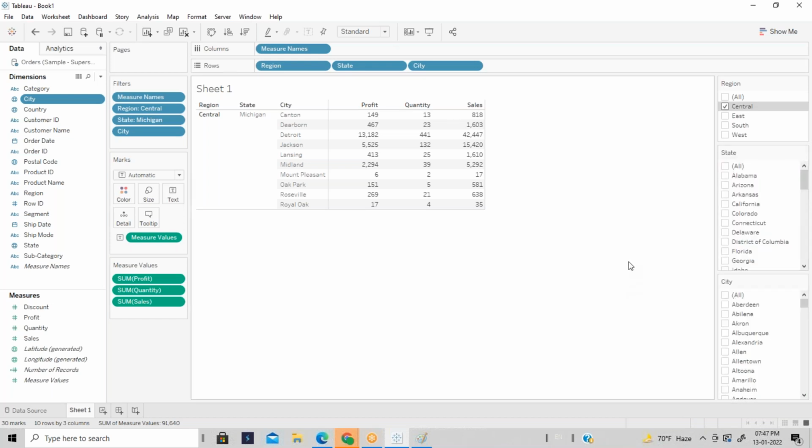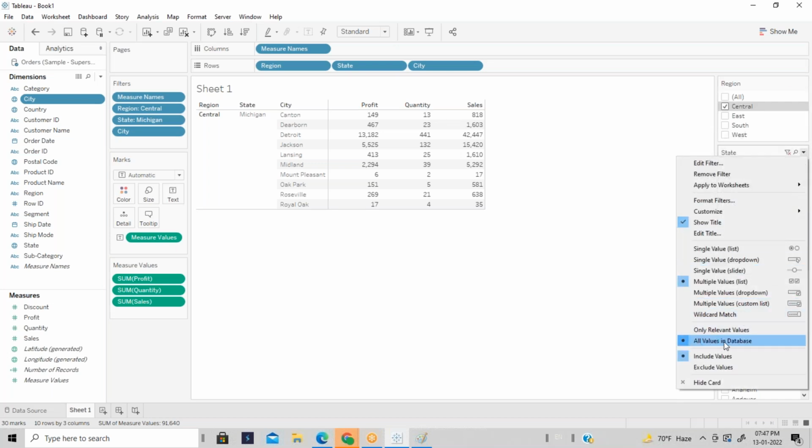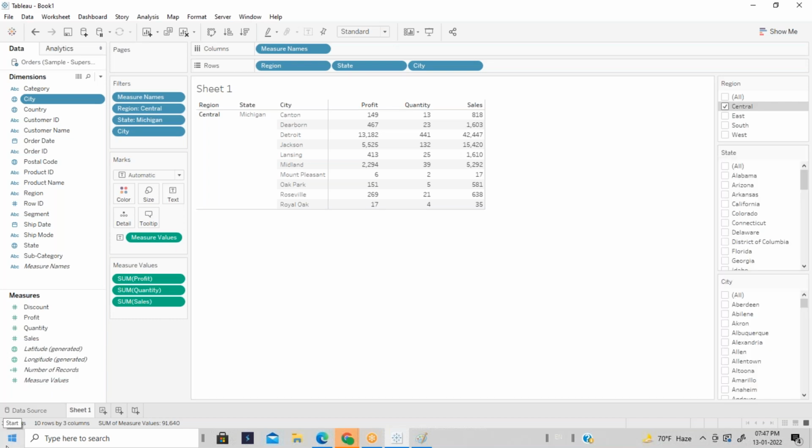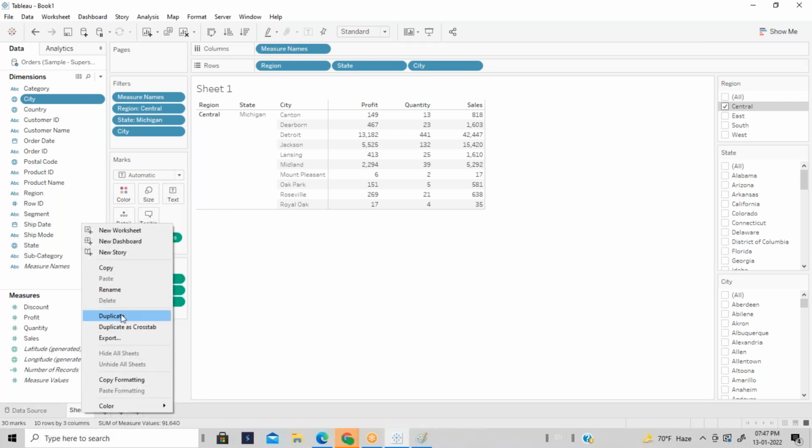If you do not want to show only the relevant values, then go and choose all values. Okay, fine. So this is something called a relevant filter.